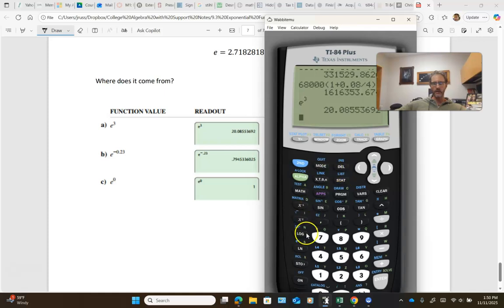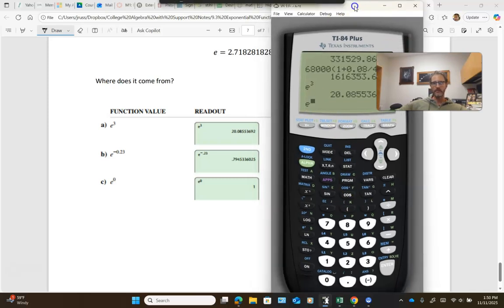Or another way to access e is by hitting second, and then this key right here that has that e to the x above it. And it'll put the cursor in the exponent's place, so then you can type in whatever you want that exponent to be. So negative 0.03 or 0.023. Hit enter, and we get,